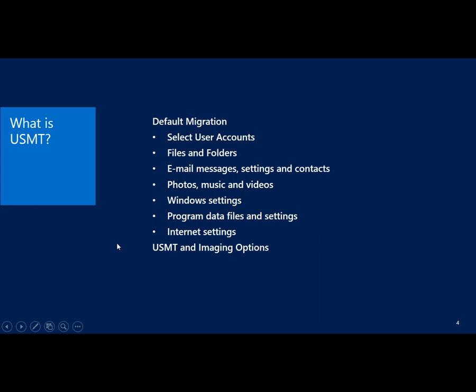Now, if we do go forward with USMT, what can we migrate by default? And the answer is quite a bit. In fact, there are folks that are quite satisfied with just the default options that USMT provides. But like anything, we can customize, and we'll get into that a little bit later. But in terms of what you can do by default,